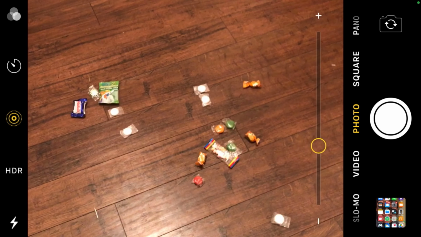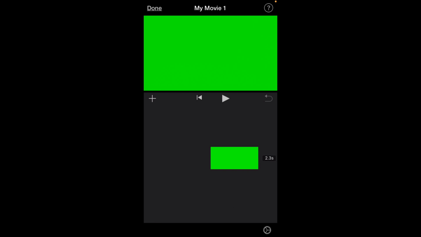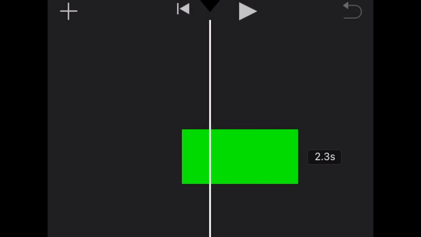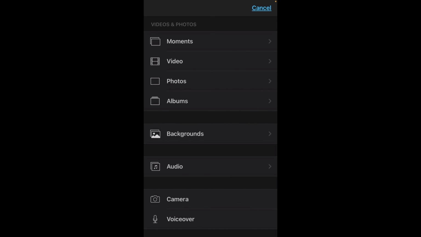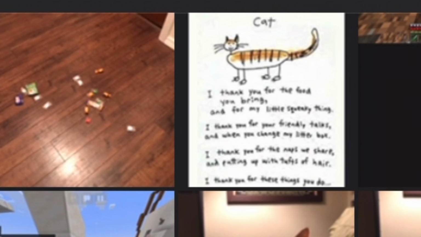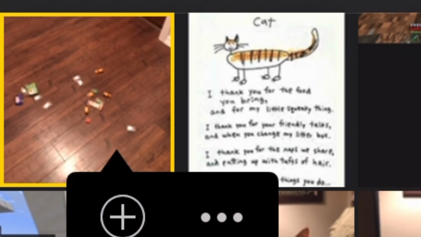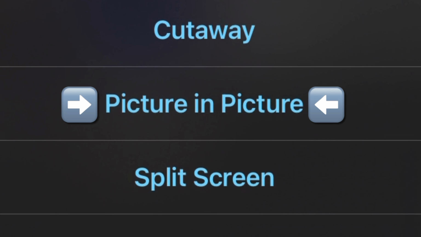What I'm going to do is take a photo of this candy on the ground, as if, well, it's candy on the ground. Now from here, go into your screen, and right at that moment, right here, click the add button, go to photos, not video, right here, click on picture in picture,